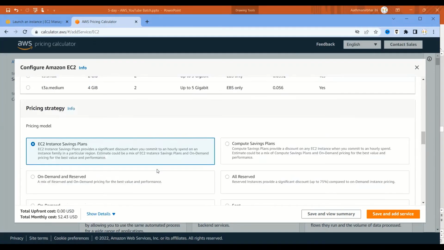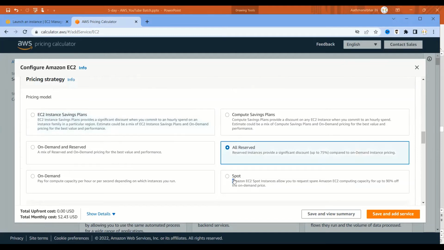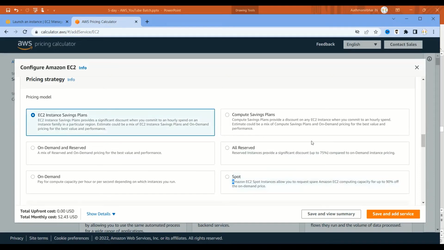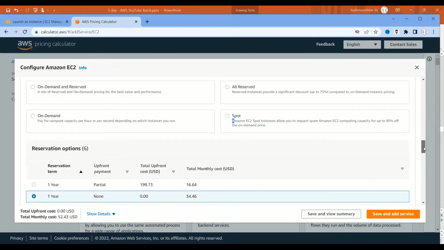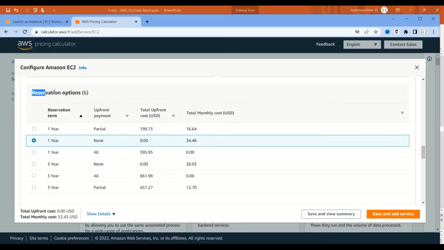So further, instance savings plan. Do you see this? This is what we have discussed. This is the default pricing model that selects the EC2 instance pricing model. Suppose you want to go for on-demand, reserved, spot instances, you can pick whichever you want. But we'll go with EC2 instance for today's lab exercise. And reservation option, here you can see this is what we were discussing, whether you want to go with 1 year with no upfront. Here we have selected no upfront, and the total monthly cost will be